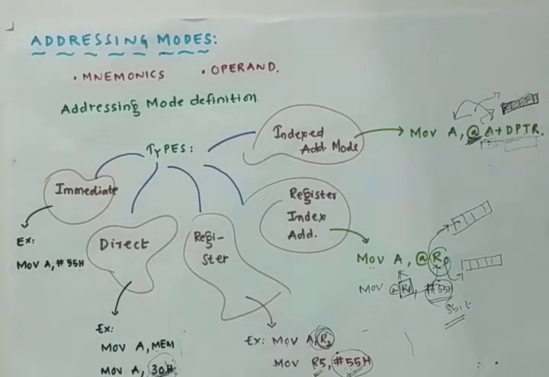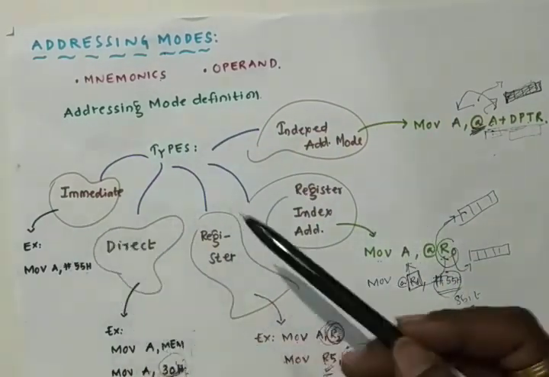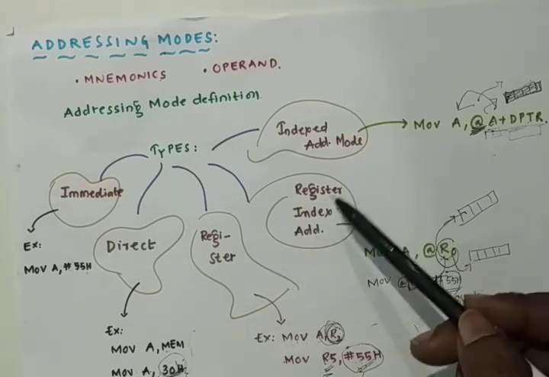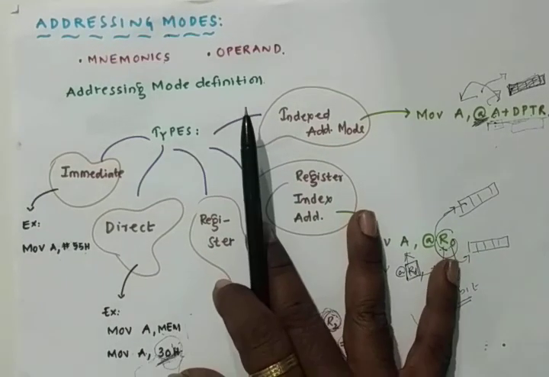There are 5 types of addressing modes: immediate, direct, register, register indirect, and index register addressing modes. And with these addressing modes,